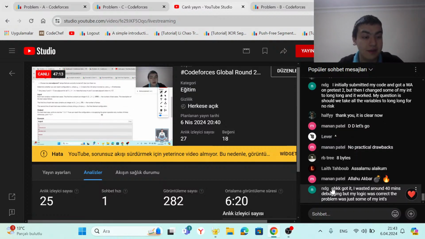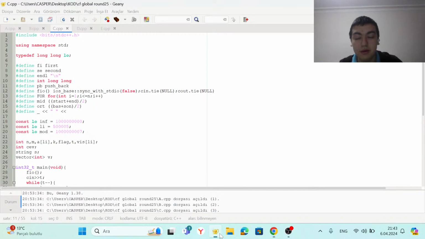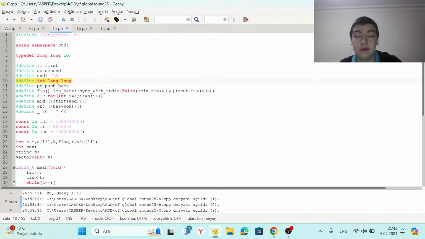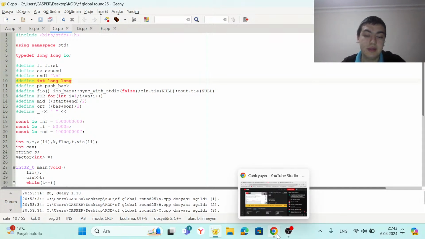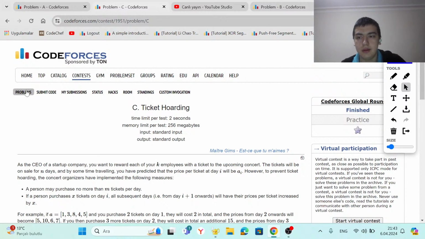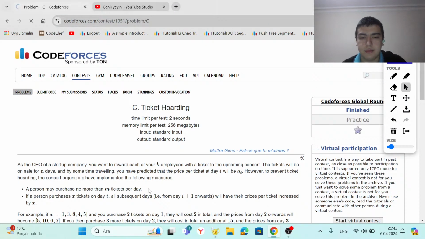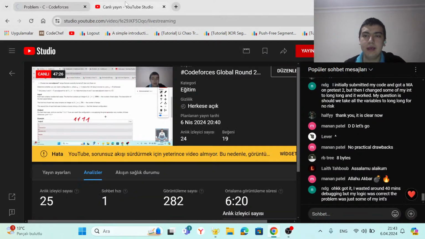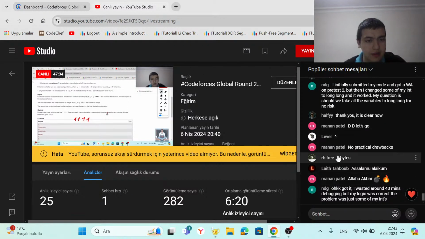As you say, it can take many minutes, so I'm using define int long to guarantee that we don't leave some problem like this. Okay, I think it's 8 bytes, because there's a command like 8 bytes. 8 bytes makes more sense because